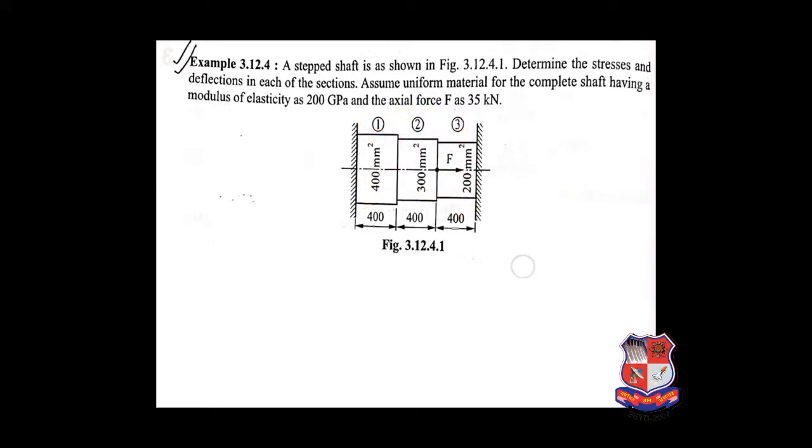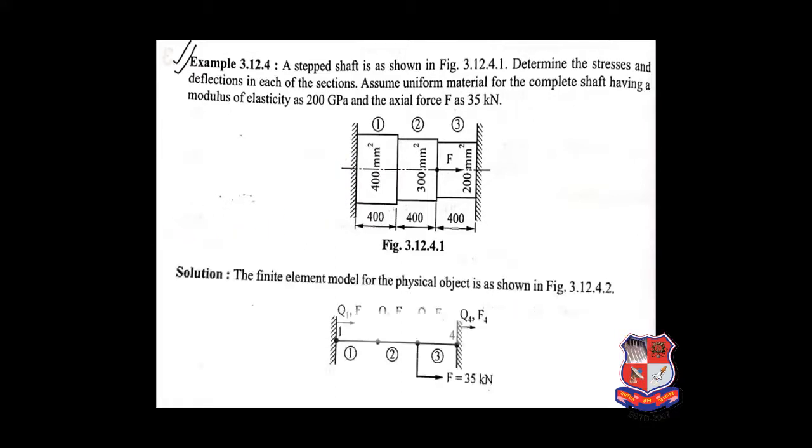If we simplify it, then the fixed side is there on both sides. This is the simple first displacement model, or first step discretized model, of the FEA. You can observe here that we are providing Q1 F1, Q2 F2, Q3 F3 and Q4 F4. Here Q4 and Q1 are 0 due to the fixed supports, and F is 35 kilonewton at node number 3.